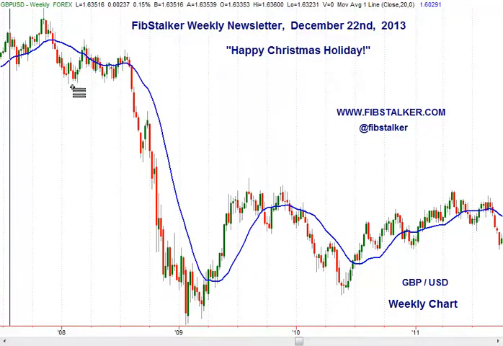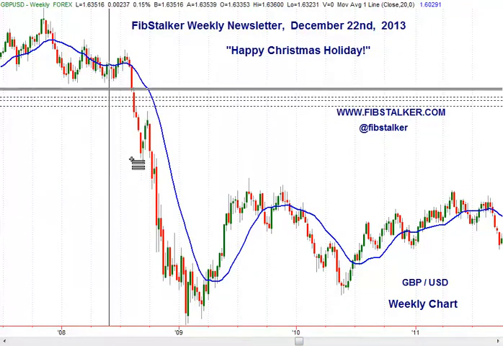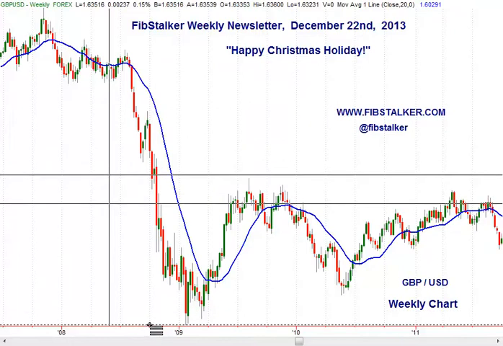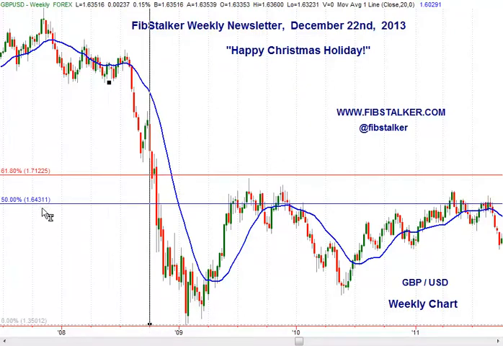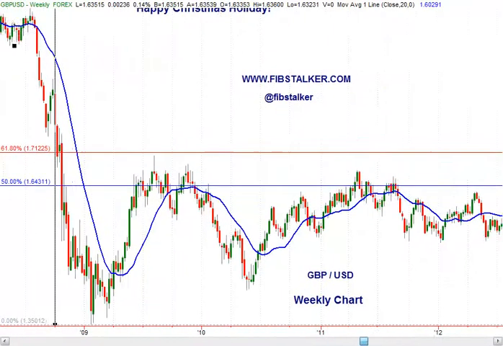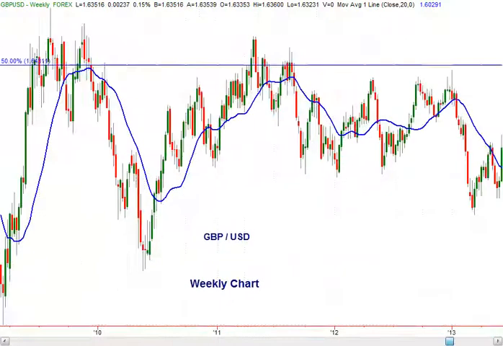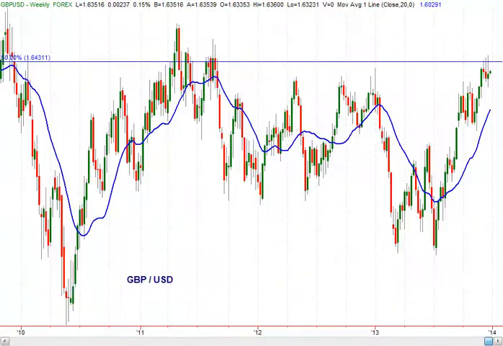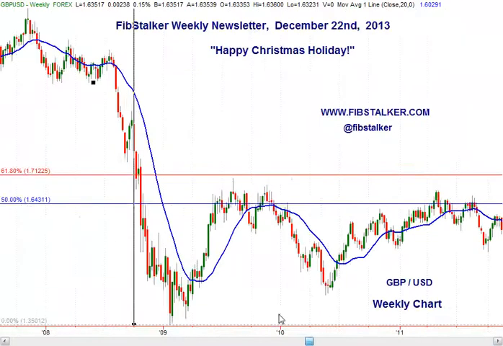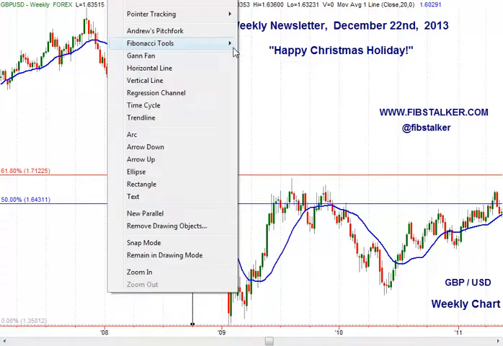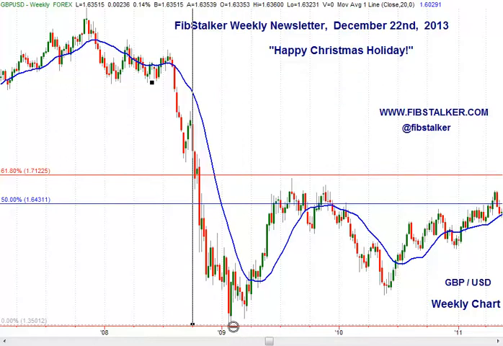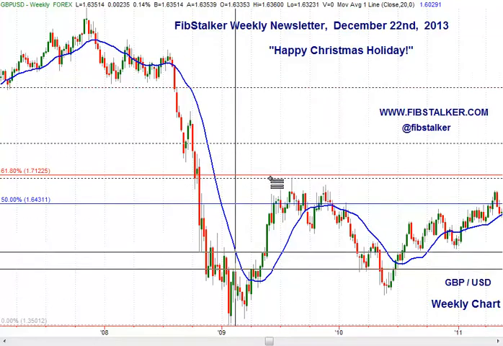We know that we had resistance in this area very clearly, an area starting at 164.30, and this area acted as resistance a number of times, even recently, and now price is challenging this area. On the other side, we have a measured move that initially failed, but then